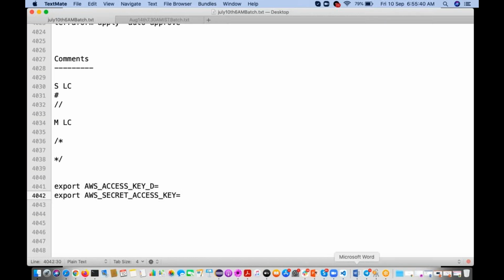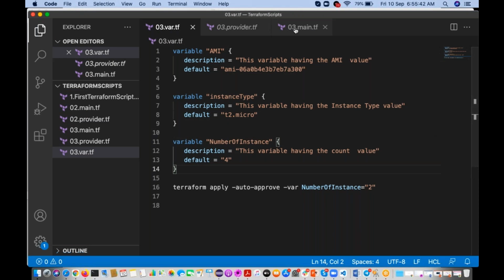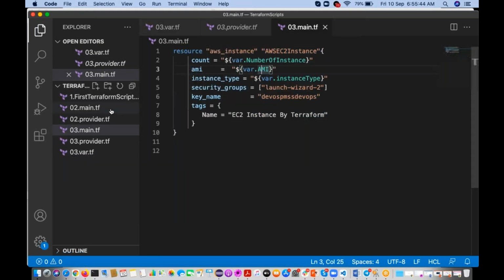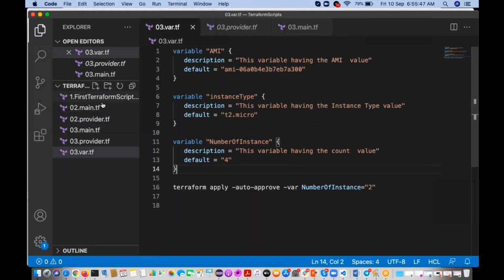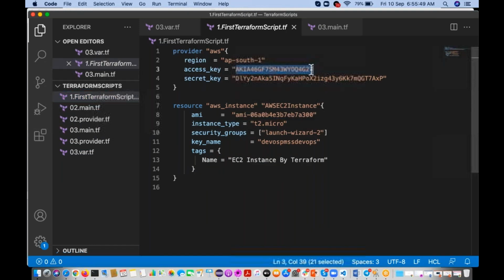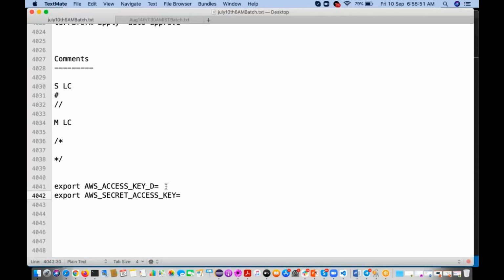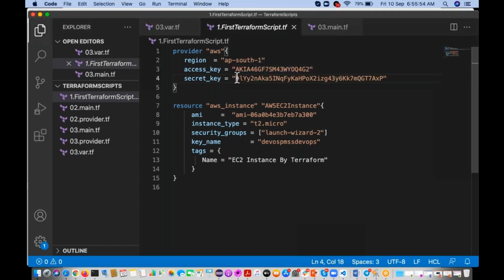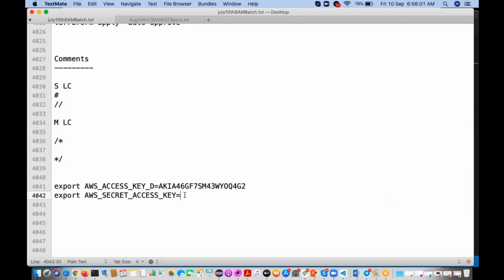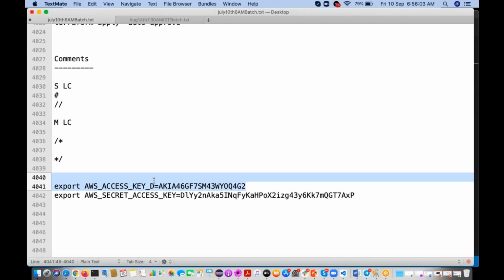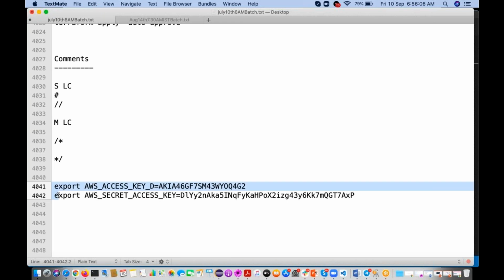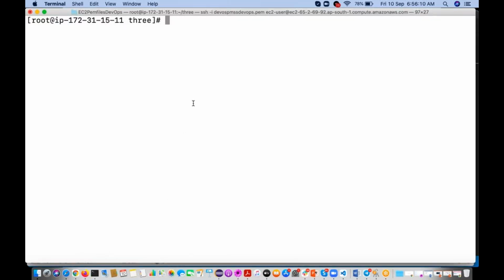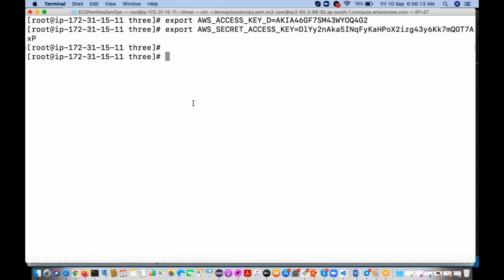So let me take this secret key, access key. Right. Just execute these two commands on the Linux server where you are going to execute the Terraform scripts.